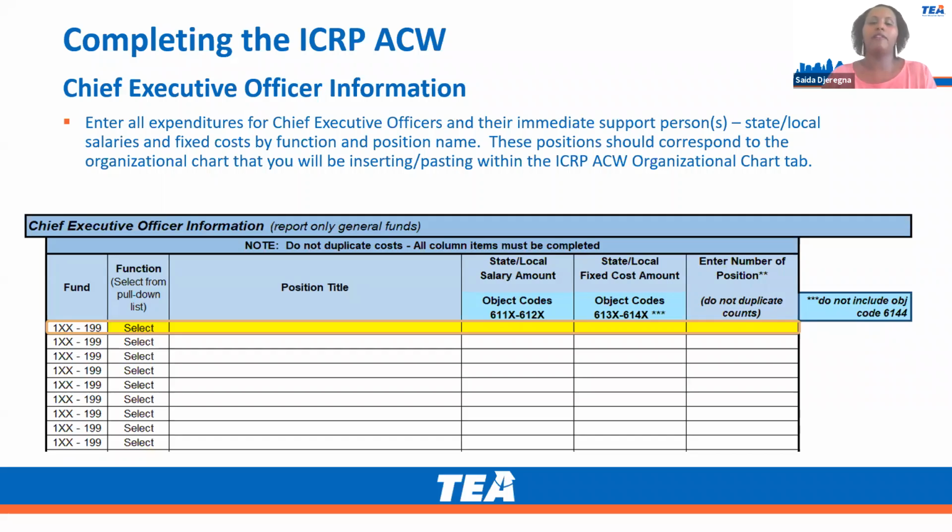The indirect, or the facility and administrative, costs associated with this position include the following. So what are these costs? These are salaries classified as indirect costs for the unrestricted rate and fixed costs classified as indirect costs for the unrestricted rate. So what fixed costs are? The cost your district pays for fringe benefits and similar costs associated with employment. Some examples are employee retirement matching, pension fund payments, unemployment compensation, or unused leave for separating employees.